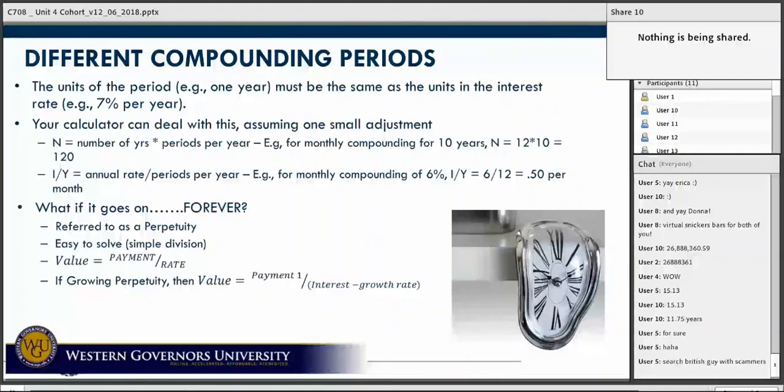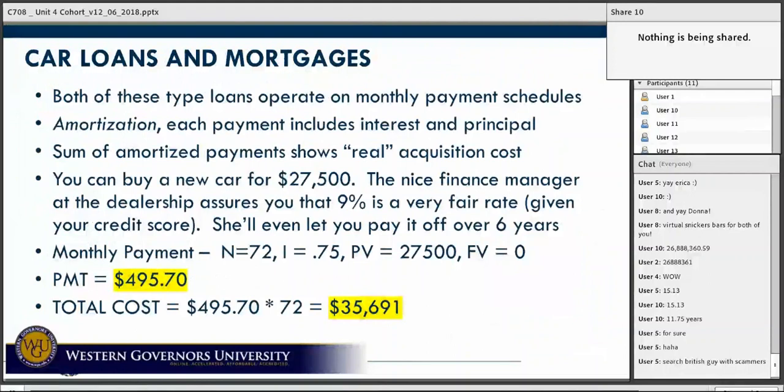And then finally, if the payment goes on forever, we refer to that as a perpetuity, which we simply divide the payment by the rate, or if it's a growing perpetuity, we divide the payment by the interest minus the growth rate. But let's look at an example of monthly compounding, which I've got solved here. Let's talk about